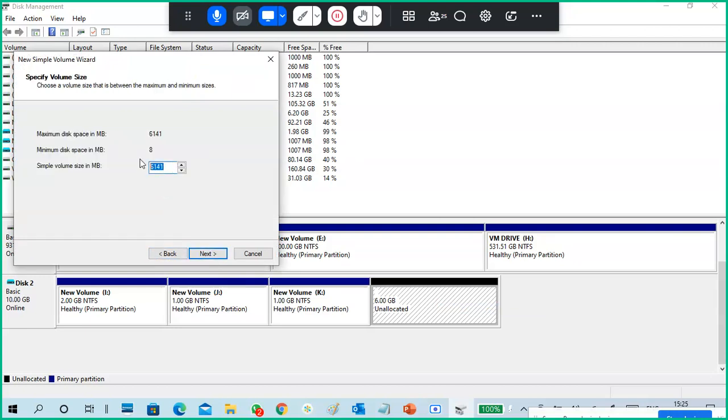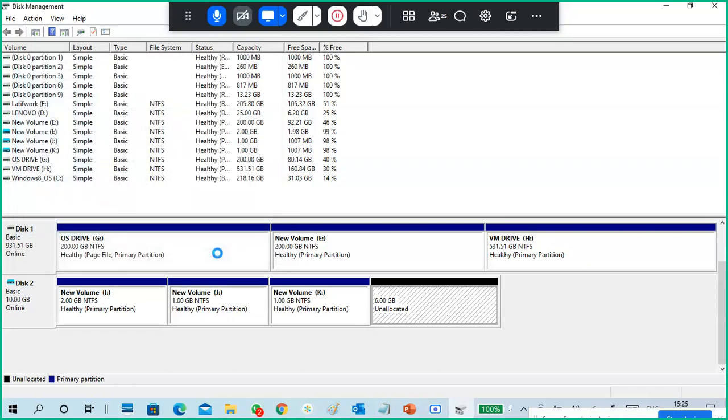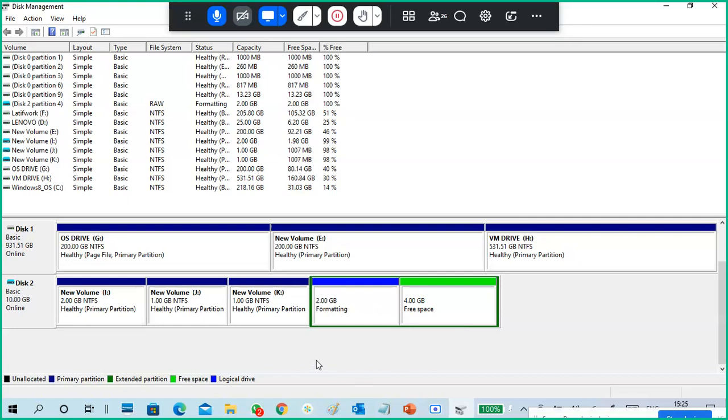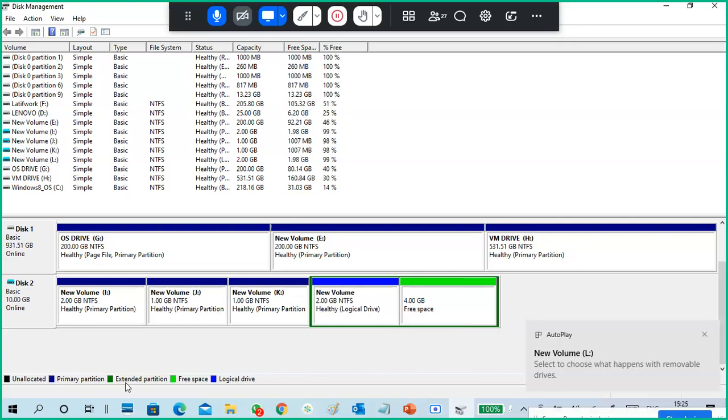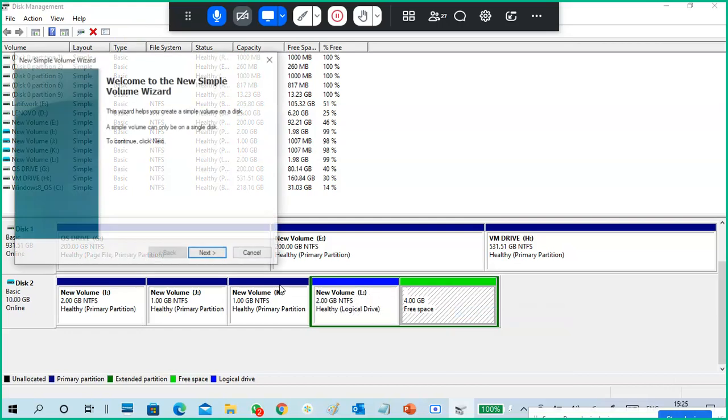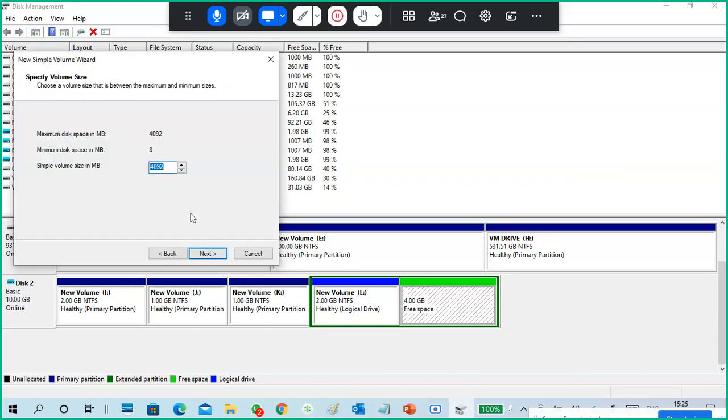So here I am giving 2048. You can give anything, even small sizes, just for understanding and practice purposes. See, the fourth one automatically becomes an extended partition. This is a 2 GB logical drive. In this one also I can create another one.